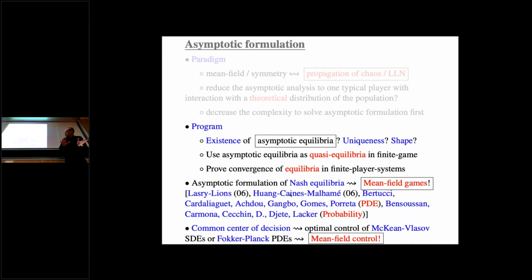And then you have possibly two groups of people depending on their feelings, on their tastes. So you have PDE people, so you recognize, and some of them are here, like Charles Bertucci. I mentioned Pierre Cardaliaguet. Yves Achdou did a lot from the numerical point of view. Gangbo did as well, Gomes, Alessio Porretta. And on the probabilistic side, I did some papers with my colleague René Carmona. Alekos Cecchin, who was a postdoc at CMAP, did a lot as well. Fabrice Djete, who is now at CMAP, is also working on these equations.